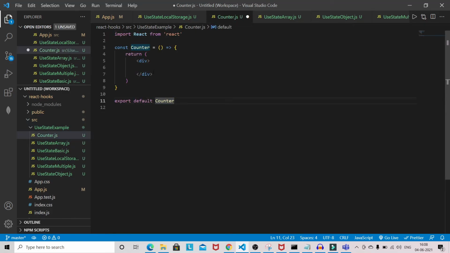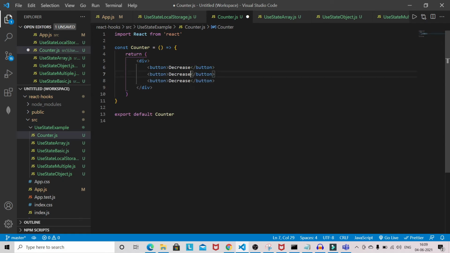So counter, I will use 3 buttons: decrease, increase and reset.